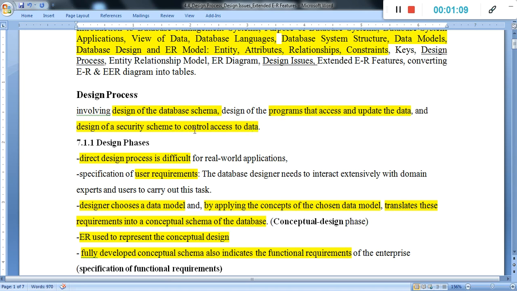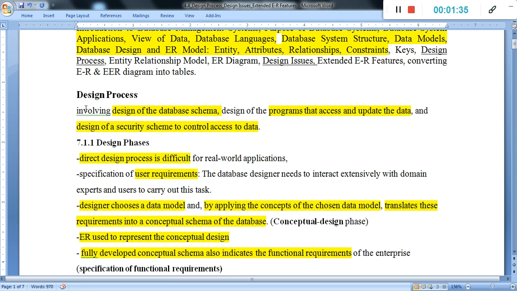Three types of design are there: database design, program design, which helps to access and update the data, then security design, which is used to control access to the data. These are the three types of view under the design process.